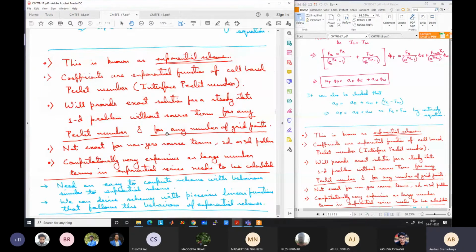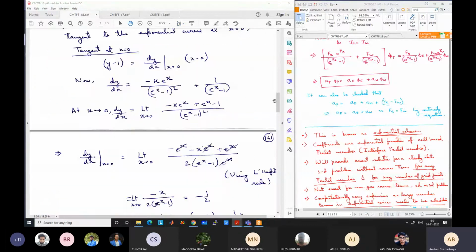Say by using 3 lines or 5 lines or 4 lines, depending on the scheme, if I can follow the curvature of the exponential scheme, then we can get quite high accuracy without going towards very high computational resources. It need not be straight lines also, it can be polynomials. Calculation of short polynomials is not very difficult, like quadratic or cubic, but it should mimic the curve as much as possible. Based on this idea, we will study 2 more schemes today.